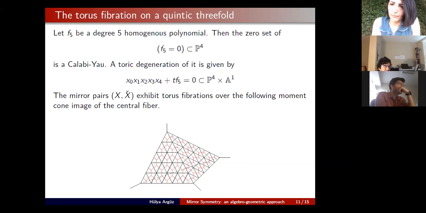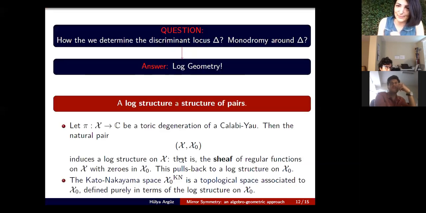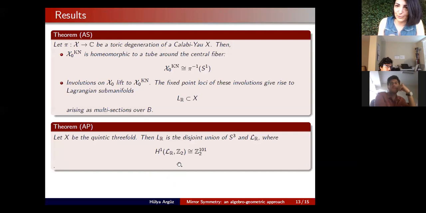But this is only in 2 and 3 dimensions, right? That's true, yes. The advantage of the Kato-Nakayama space construction is that it works in any dimension, but the disadvantage is you cannot take very good control of symplectic structures. And the advantage of Mark Gross and his students' work is you can, in 2 and 3 dimensions, take control of the symplectic structures. Yes, you're absolutely right. And that's why we took the toy models of Mark Gross's framework, and we took these fibrations, and that's why we could only investigate Lagrangians in Calabi Yau threefolds.